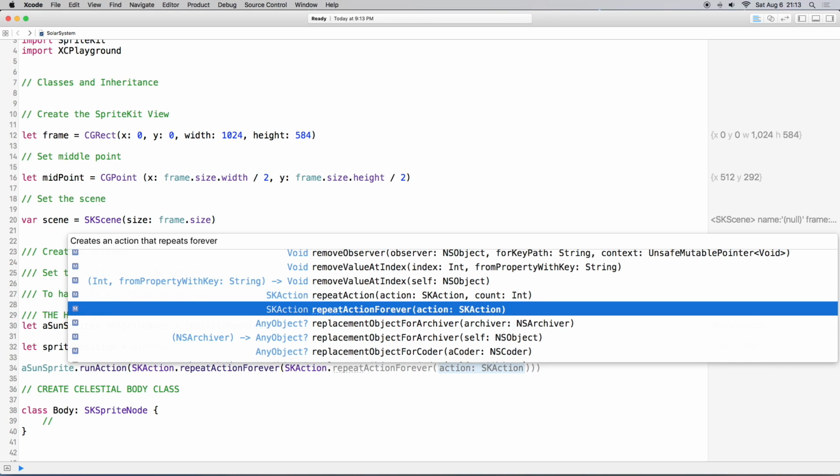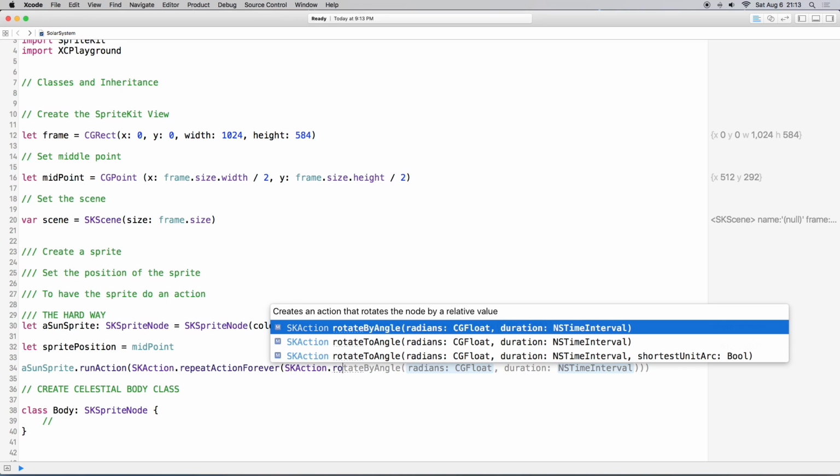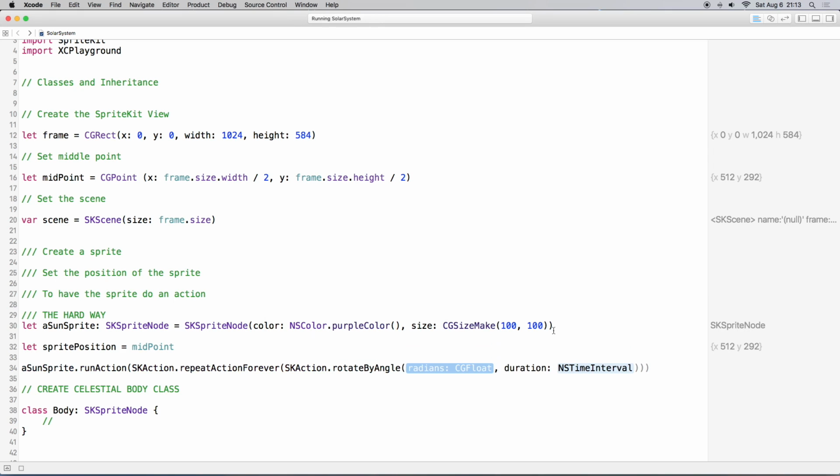And here we can have different things. So actually what I want to do is I want it to rotate by angle, and I want it for a time duration, so the very first one. So you just choose an angle, and this is in radians, okay, so I'm just going to do 6, and the duration is going to be 3. And we'll tab through or arrow through the